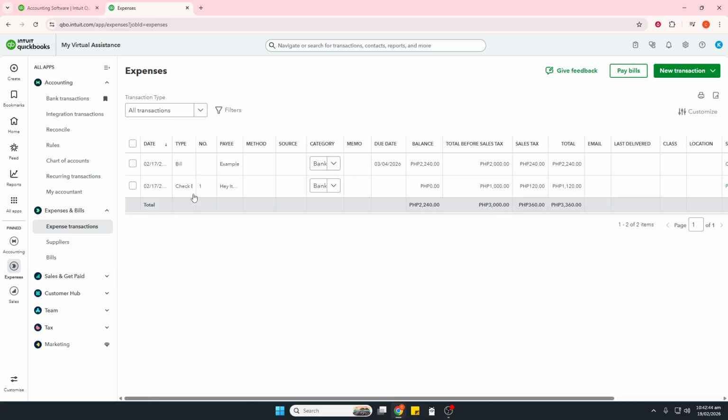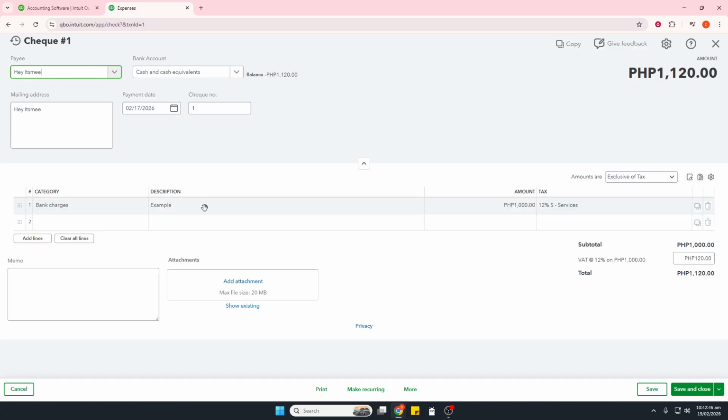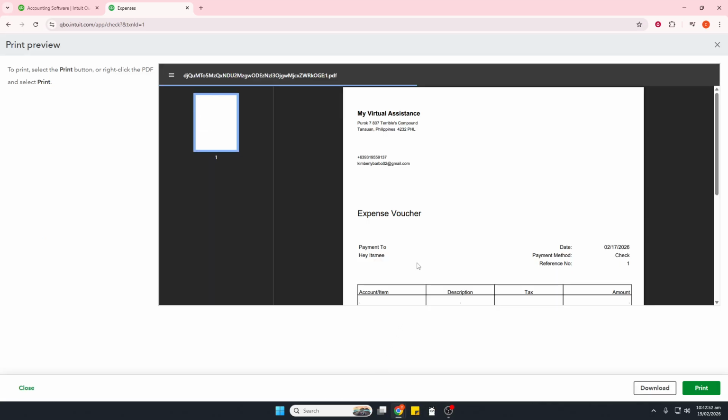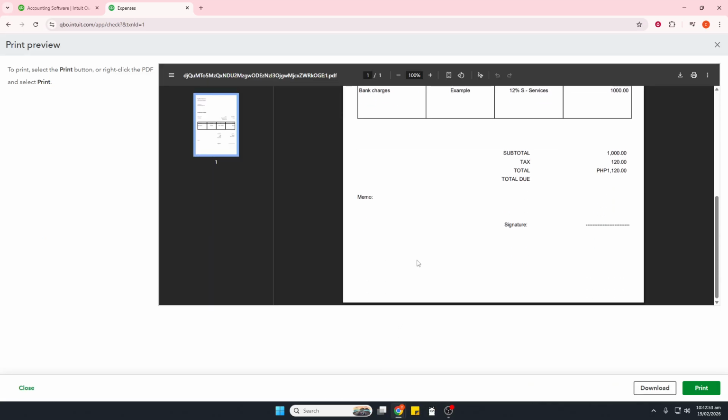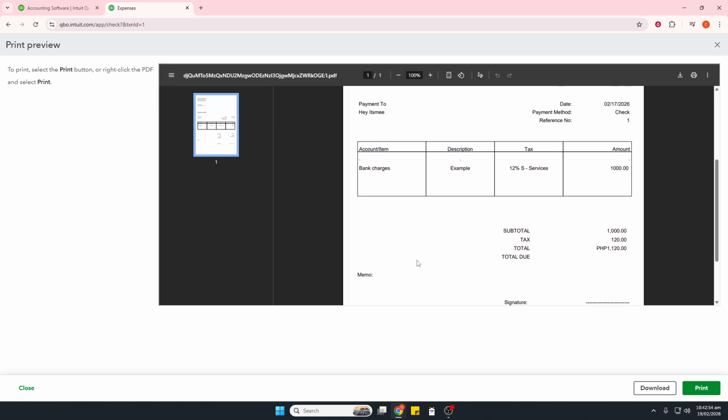Add a clear description within those lines so future you or your accountant instantly understands what the check covered. Finally, enter the amount. QuickBooks will place the number on the check and spell it out on the line in words, so take a second to confirm it looks right. When everything looks good, select Save and Print. This action saves the check to your register and moves you into the printing workflow so you can put the